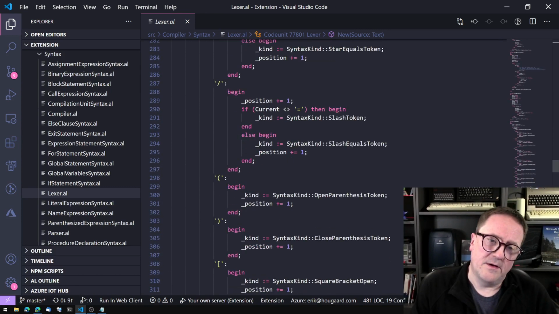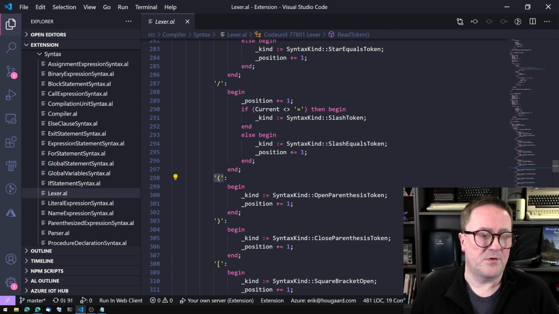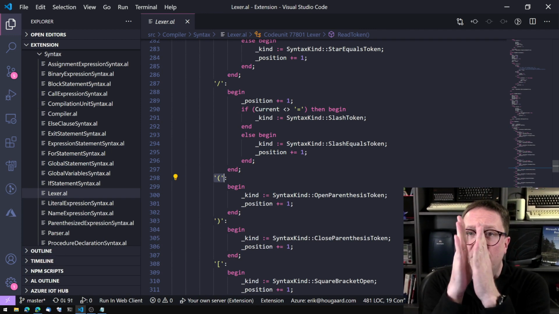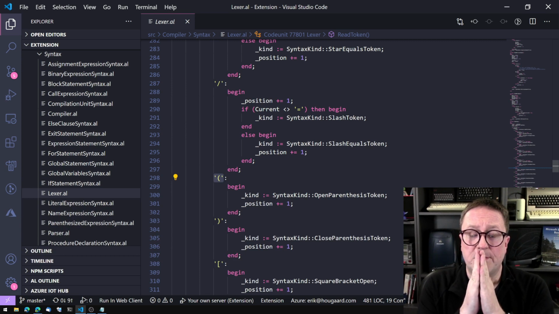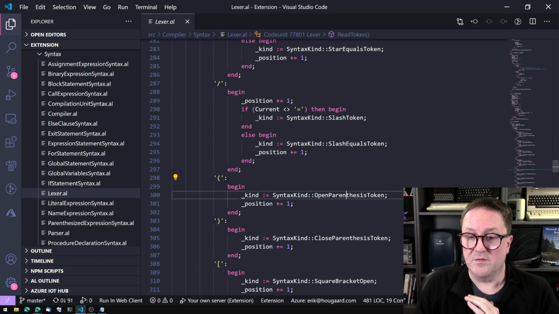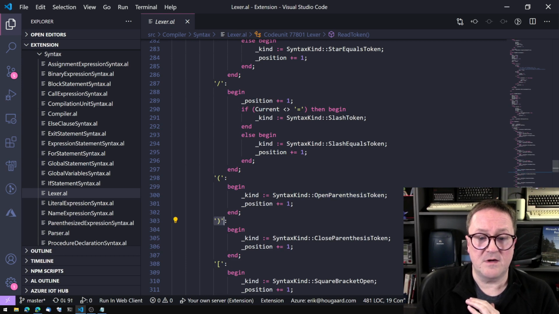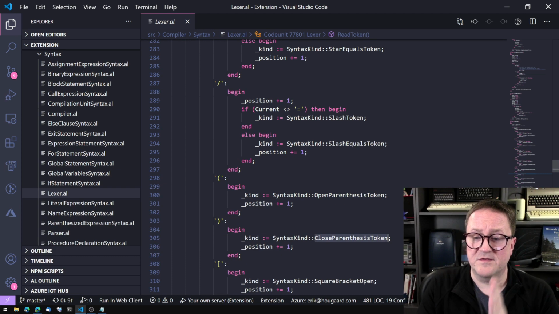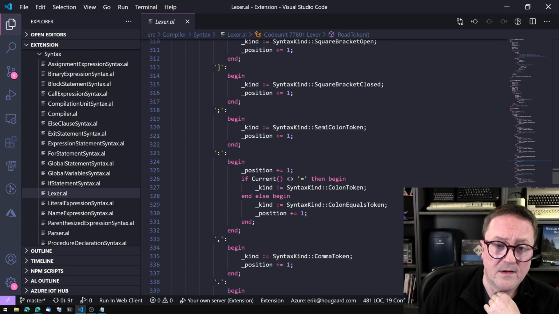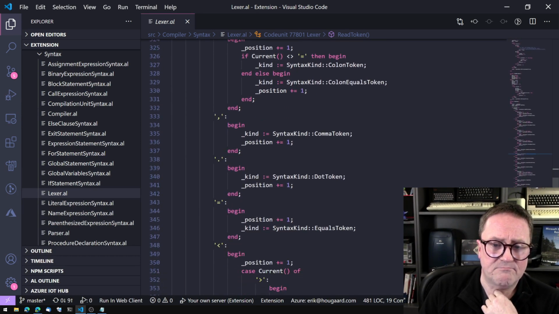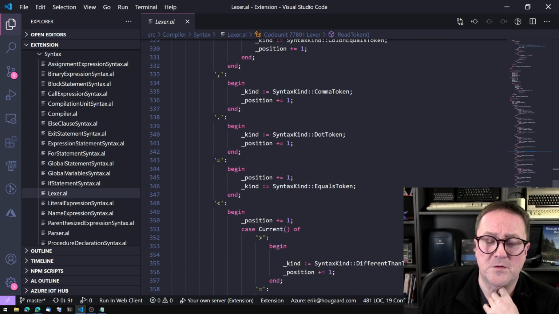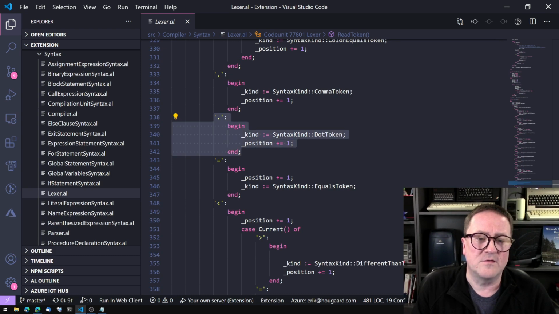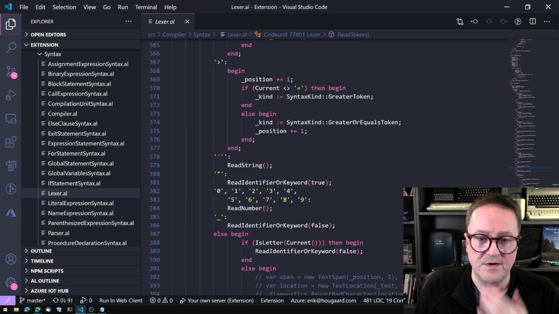So in case it reads a parentheses open, aha, I know this. So I will create a token that is just the parentheses open. This is an open parentheses token. If I meet the closed one, then I will say that this is a closed parentheses token. And that's kind of what's done for a lot of stuff. You can see the dot. That's also a token, but let's go down here